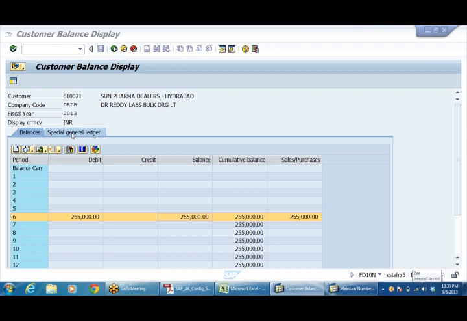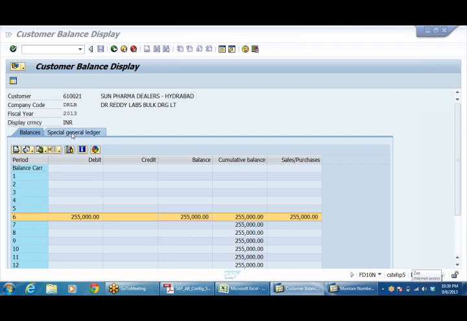Anything can be called sundry debtors, in the sense of whomever you are going to sell to. Sundry debtors is a general ledger account. And we have created two account groups, that is the domestic customer group and the foreign customer group. Whatever sale you are going to make, both are sundry debtors only. So sundry debtors domestic, sundry debtors foreign.